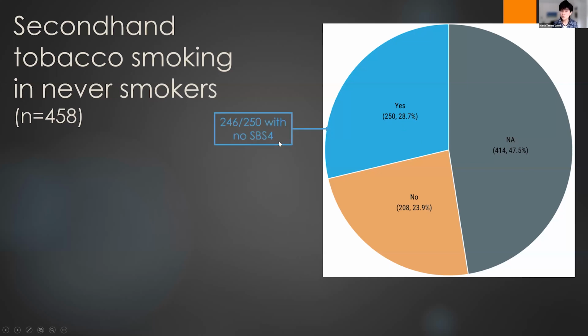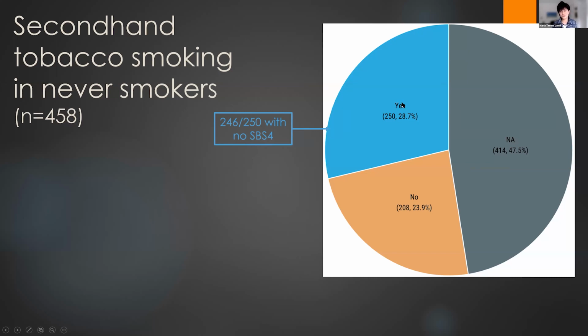But we saw that 246 out of 250, so practically over 98%, did not have any signature 4. So again, this confirms our previous findings. It could be related to the detection limit of the algorithm, could be related to misclassifications, can also be due to the fact that secondhand tobacco smoking may